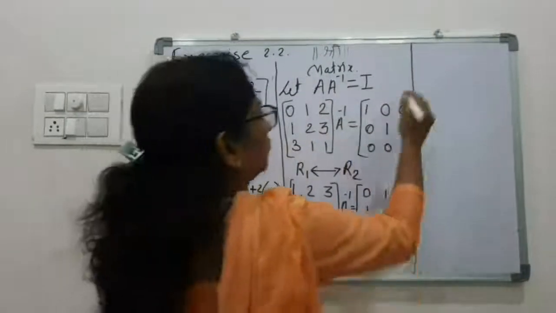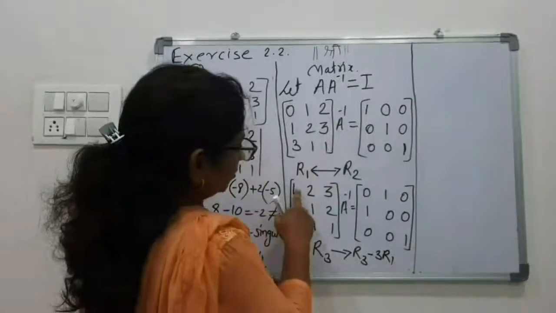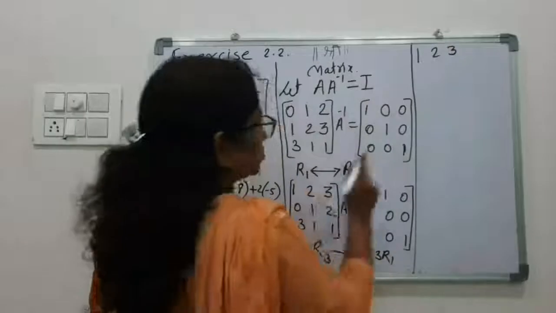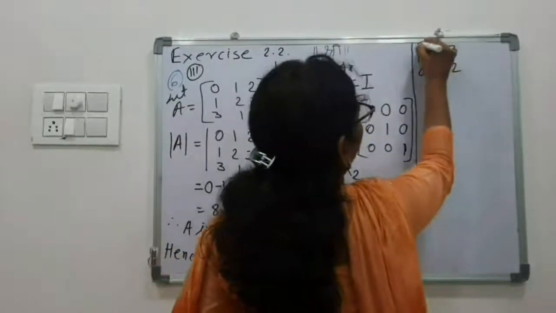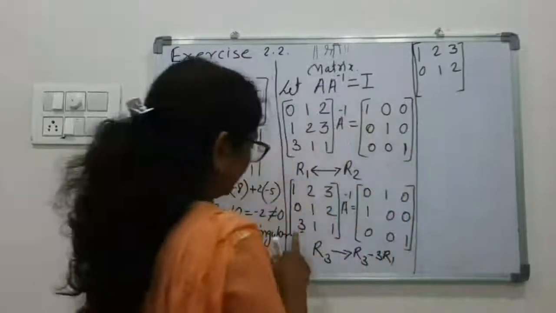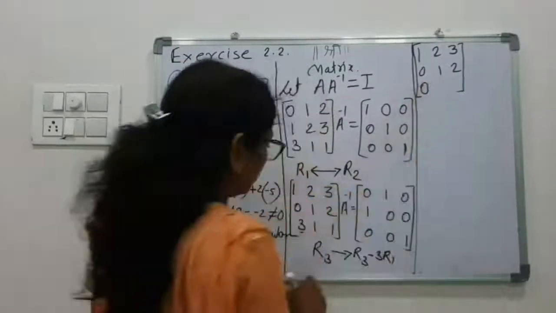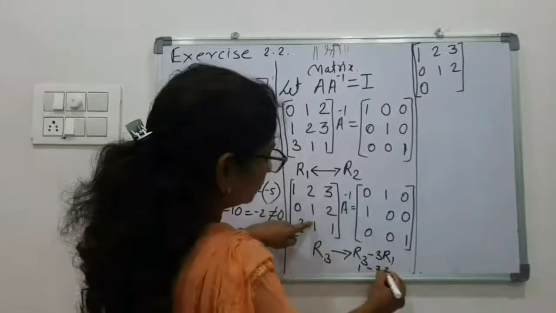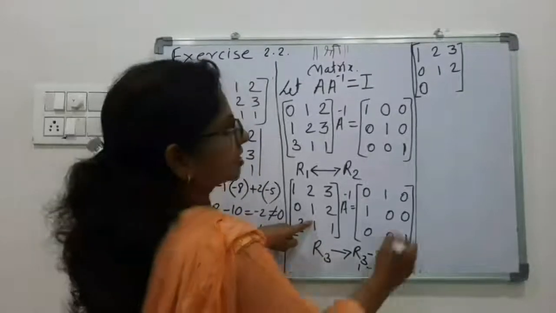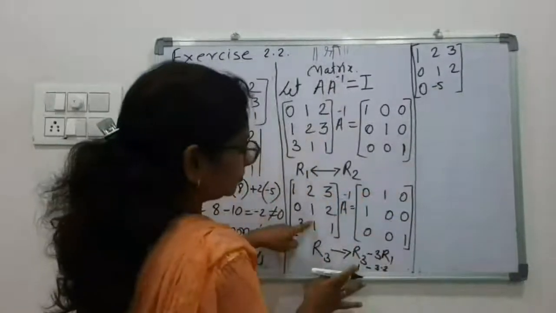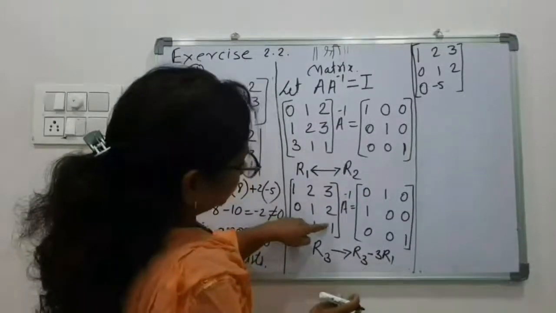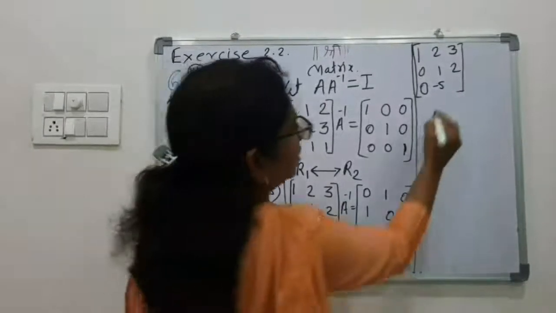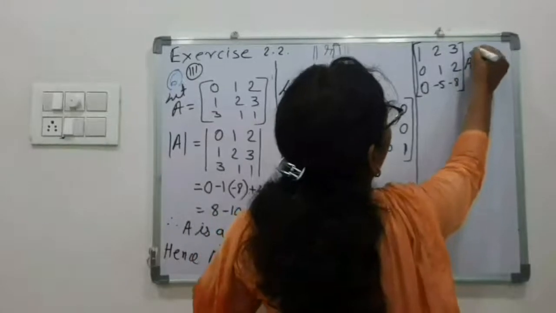First, there is no change on the first and second rows, so write them down as they are. Apply the transformation on R3. For 0 only we are doing this, so 0. Now apply here: R3 is 1, minus 3 times R1 which is 2, so 1 minus 6 means minus 5. Now apply the transformation here: 1 minus 3 into R1 which is 3, so 1 minus 9 is minus 8. A inverse we have to find.